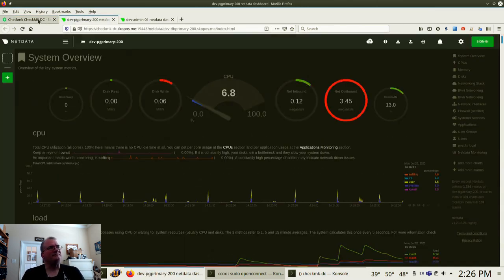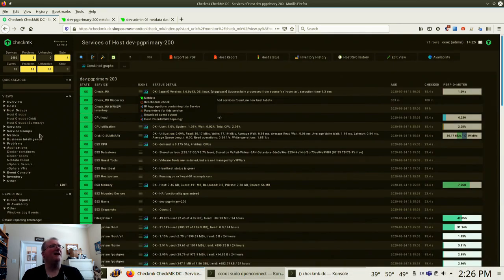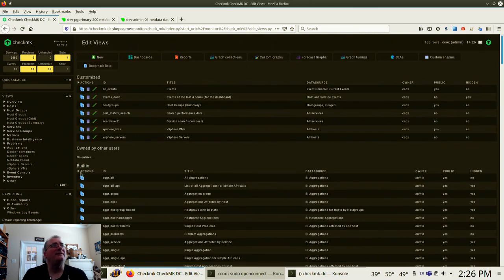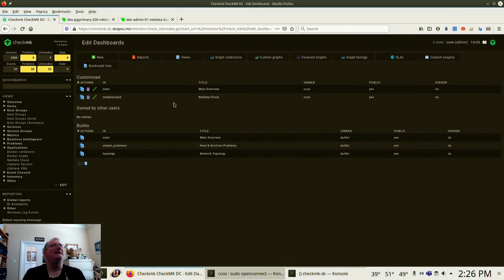So finally, we have the idea of we want to get something into our views over here on the left menu. And so under applications, we have Netdata Cloud. You want to hit the edit button of your view section, and you want to go up and click on dashboards at the top. And you can see that we already have a Netdata Cloud dashboard here, and we could edit that and look at it, but